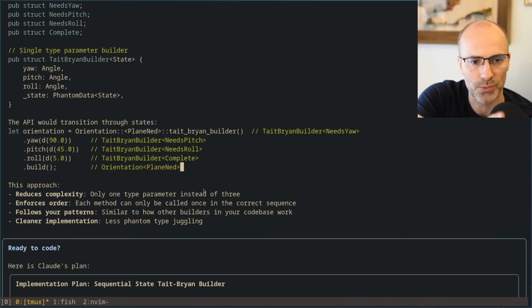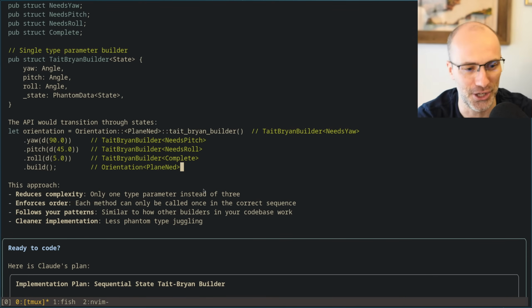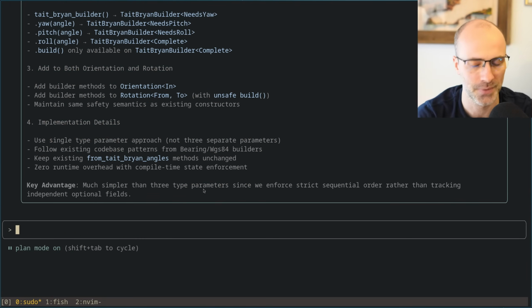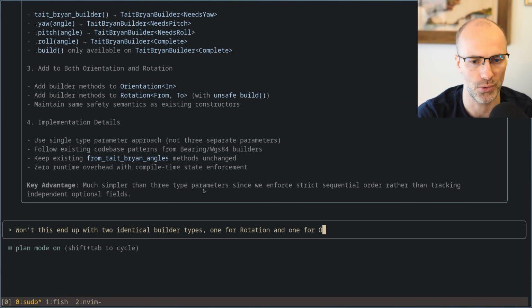The other reason this won't work is because I think you're going to end up with two builder types, one for orientation and one for rotation, that are identical except for the build method. And that feels unnecessary. Won't this end up with two identical builder types, one for rotation and one for orientation?